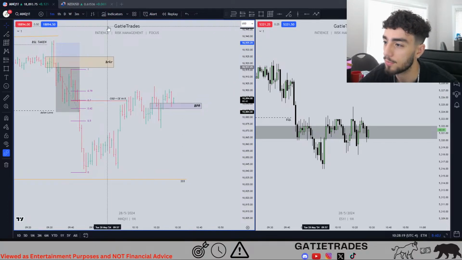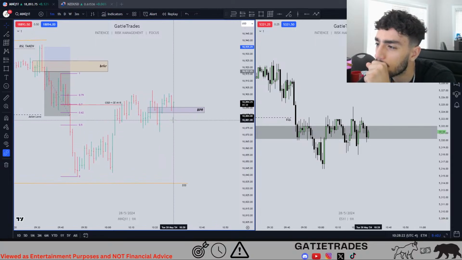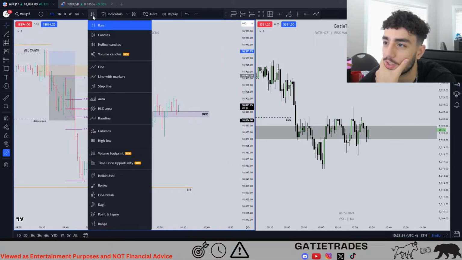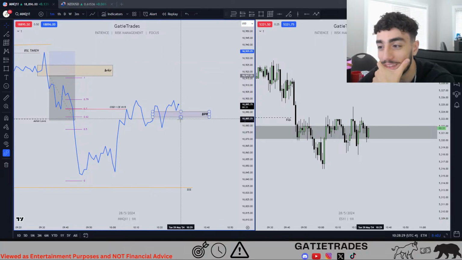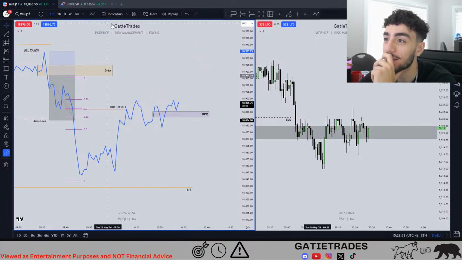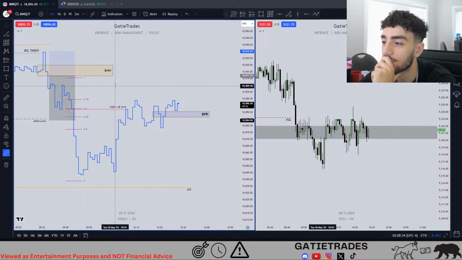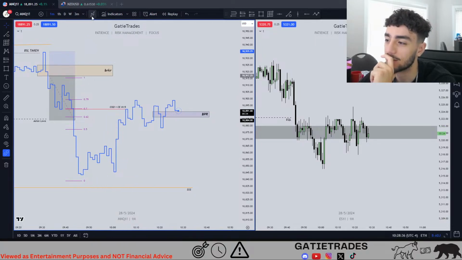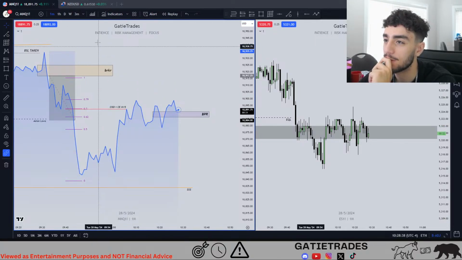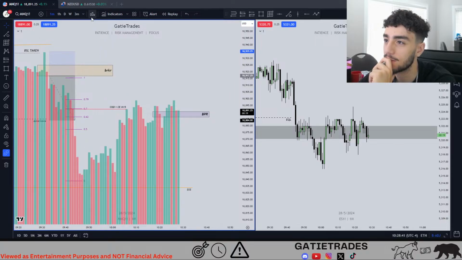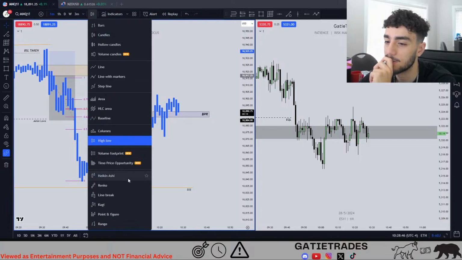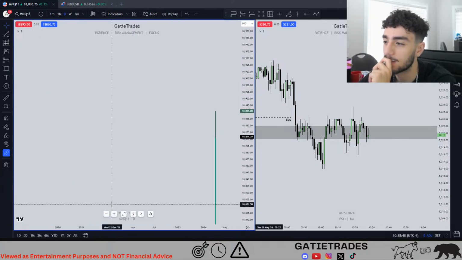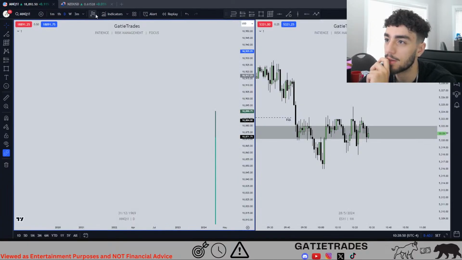Alright, it's time to lock in. So yo, this is kind of cool. If someone trades like this, oh man. Imagine trading like this. What the hell is this, man? Some people actually trade like this? How the hell? Oh, you gotta be kidding me, bro. What is this? What? Oh, this is pretty cool actually. Just highs and lows. Kagi. Oh no. Take me back. Where is it? Candles.